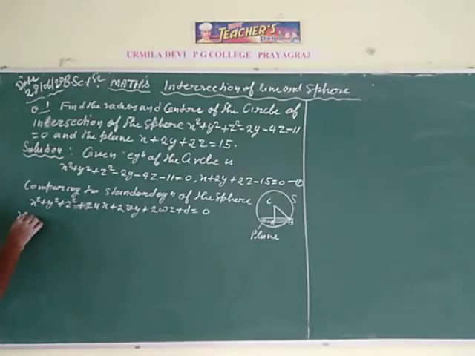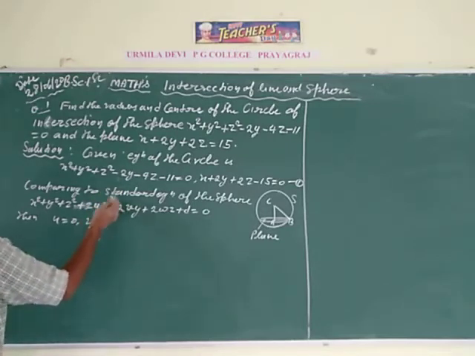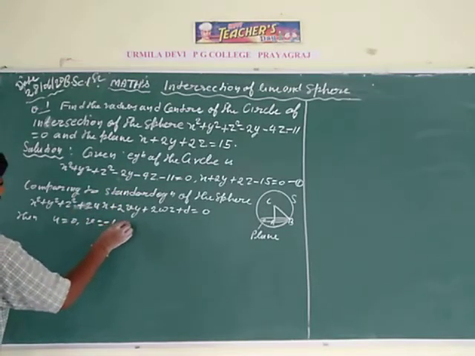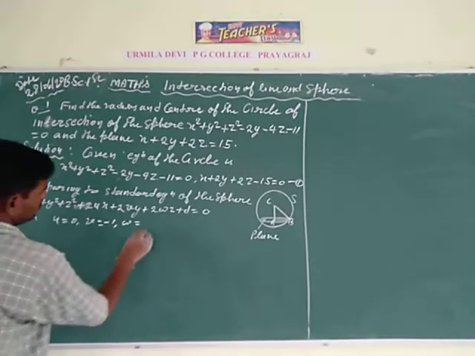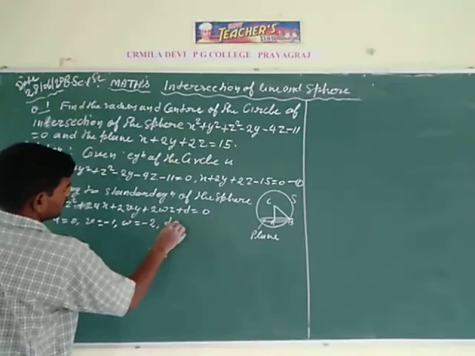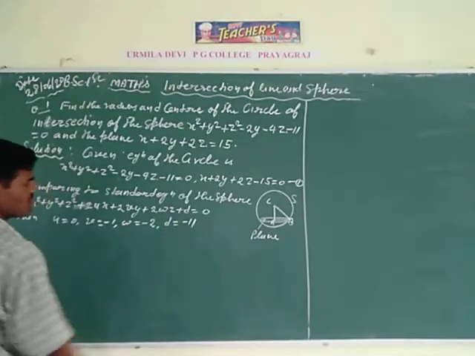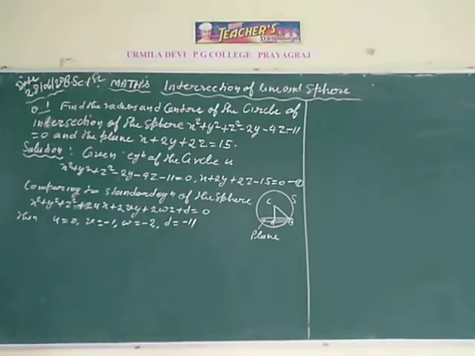Then the value of u is equal to the coefficient of x in the given equation of the sphere. So here x is absent, which means u is equal to 0. V is the coefficient of y. So the coefficient of y is equal to minus 2 in the given equation. 2 and 2 cancel from each other, so v is minus 1. And at last, 2w is the coefficient of z, which is equal to minus 4, which means w is minus 2. And d is equal to minus 11. So here we confirm the values of the unknowns u, v, w and d.